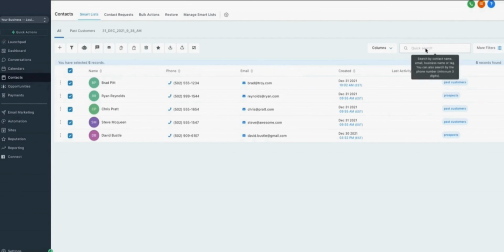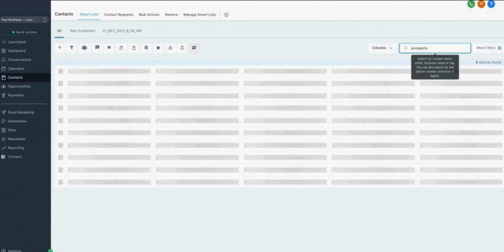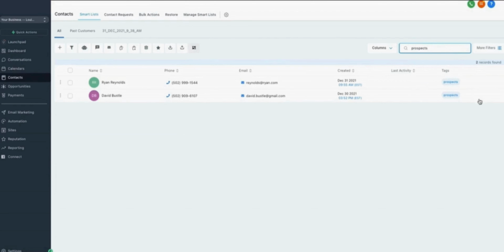So for example, in our quick search over here, let's say we want to find all of our prospects that haven't bought yet, so maybe our tag is prospects. So we click that, and then what it'll do is it'll sort and only find the tags for prospects. So you can see this is a quick way to be able to use your data and kind of mine